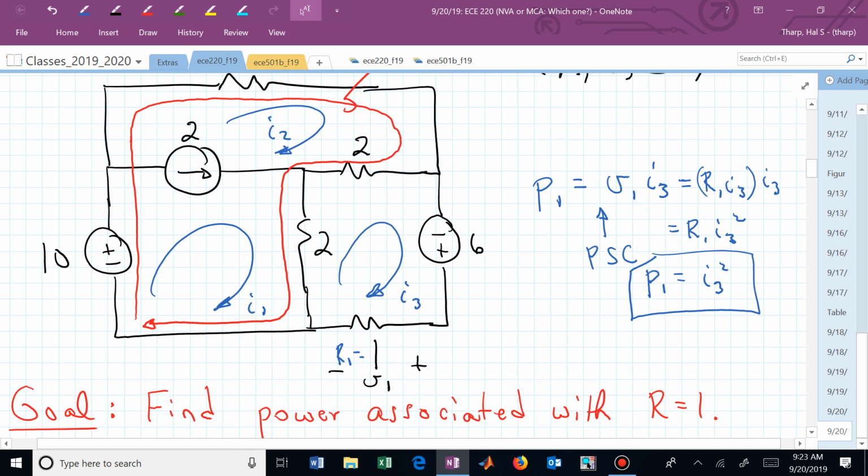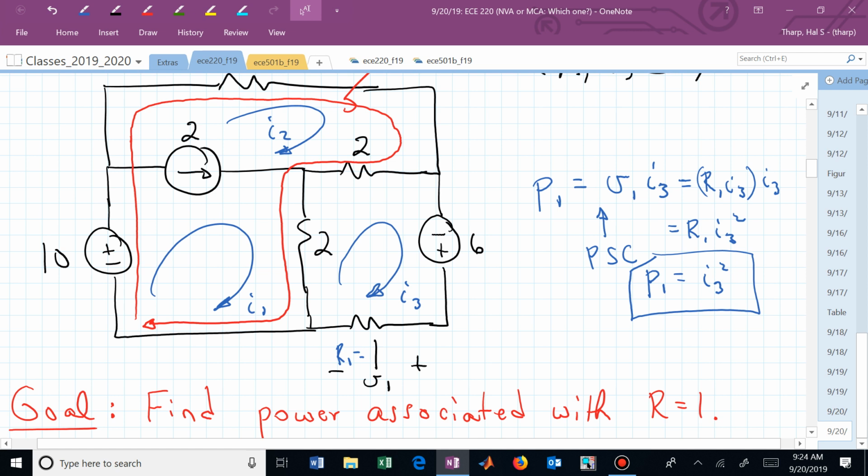The net current going up through that 2 ohm resistor in terms of my mesh currents: I sub 3 minus I1. Then I'm going to the right to experience a voltage drop, and that's 2 times I sub 3 minus I sub 2,